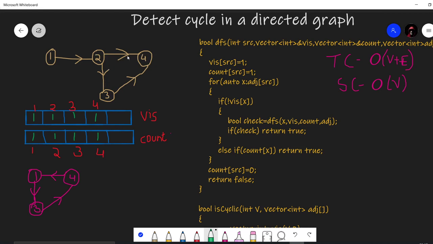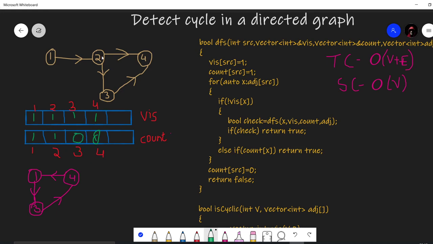Like 2 is having two paths. So we'll go back to 2. While going back, what will we do? We will reduce the count vector. Like 4 was visited, but now we are backtracking and going in search of another path. What we have to do is remove the count vector position. So we are backtracking from 4. So we'll remove 4 and make it 0. Now we are also removing 3. So we'll remove 3 and write it 0.